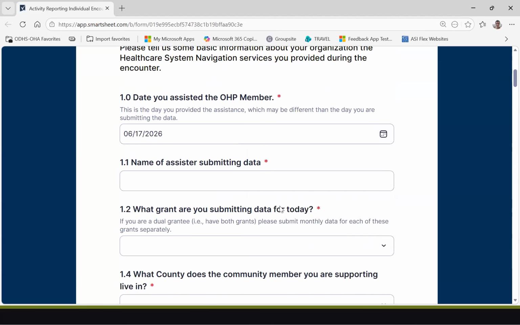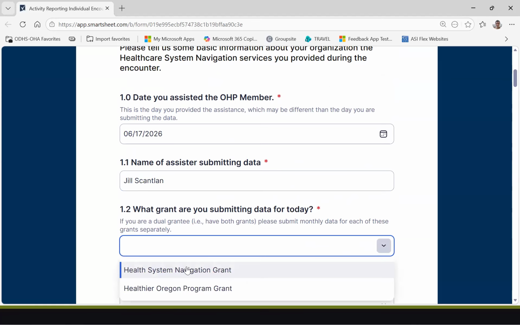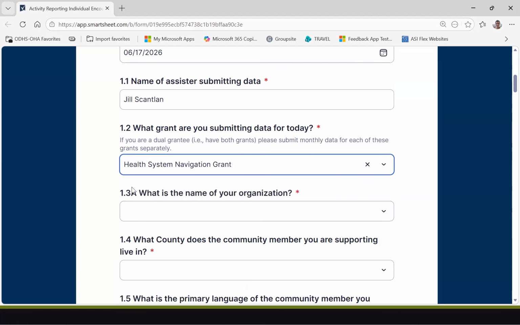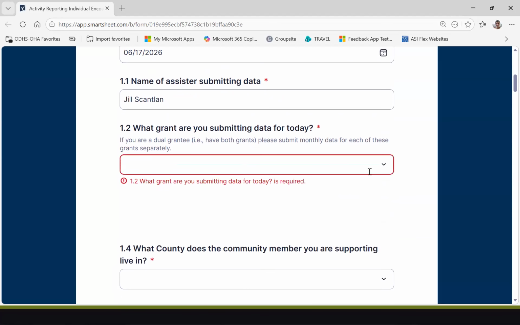Of course, you'll still have to put the date, but then we will have a roster, or a list, of all of the assisters who are submitting data. So let's say I'm an assister and I put my name here. I'd be on a list, and in the back end, that list will connect me to the organization I'm working with and the grant that organization is a part of. So essentially questions 1.2 and 1.3,